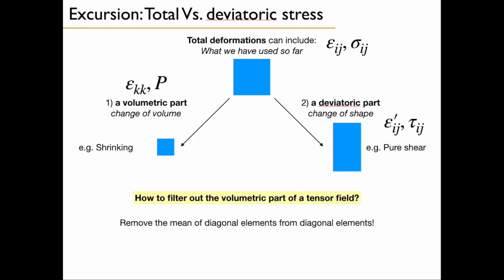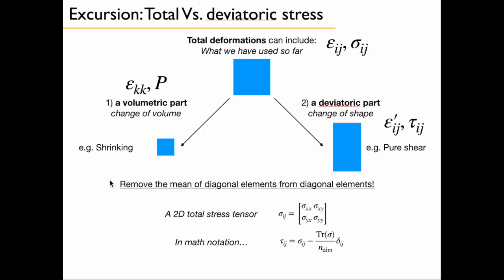So how to filter out the volumetric part of a tensor field? We need to remove the mean of the diagonal elements from the diagonal elements. What does it mean? Consider a 2D total stress tensor. So sigma ij, that's sigma xx, xy, yx, and yy. What we're going to do, we're going to compute the deviator, and the deviator is the original tensor, or the